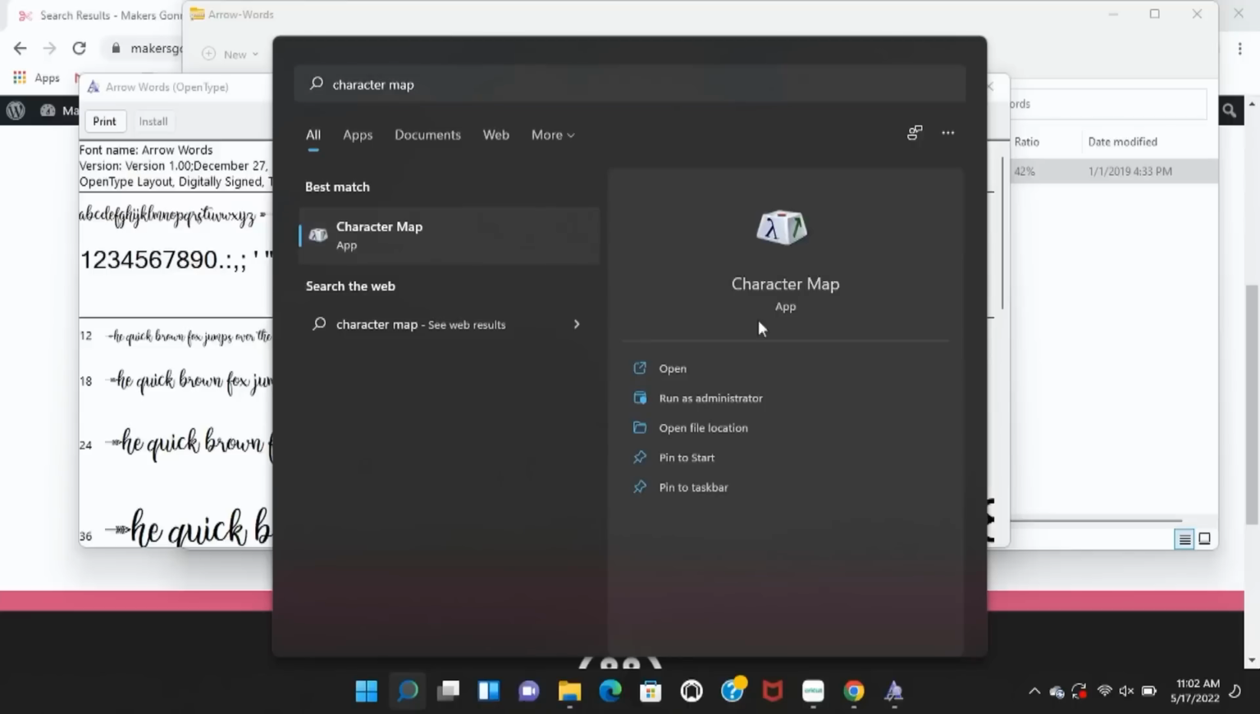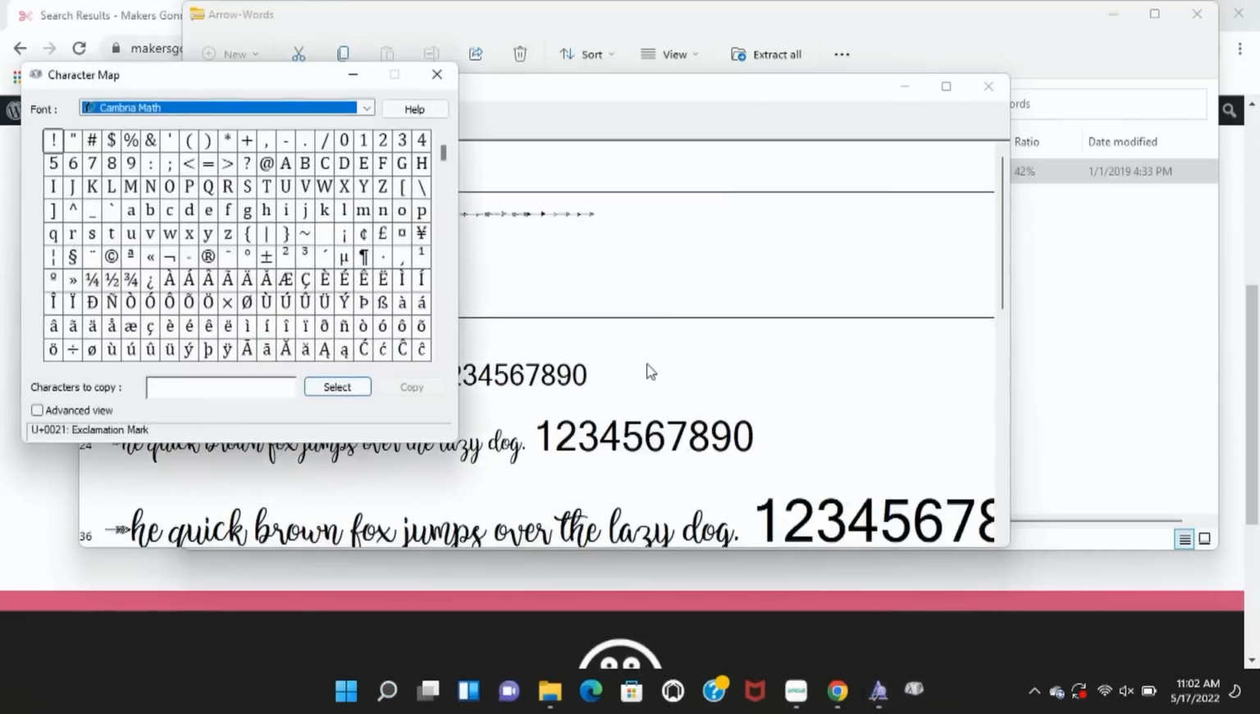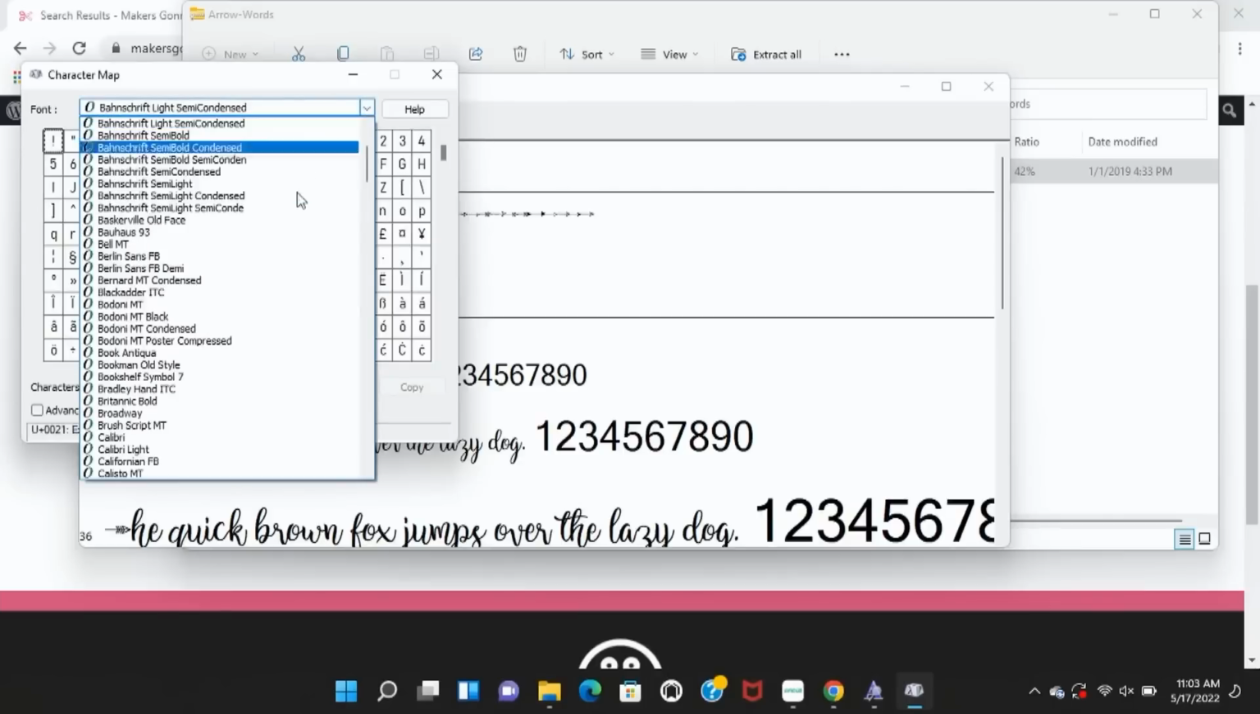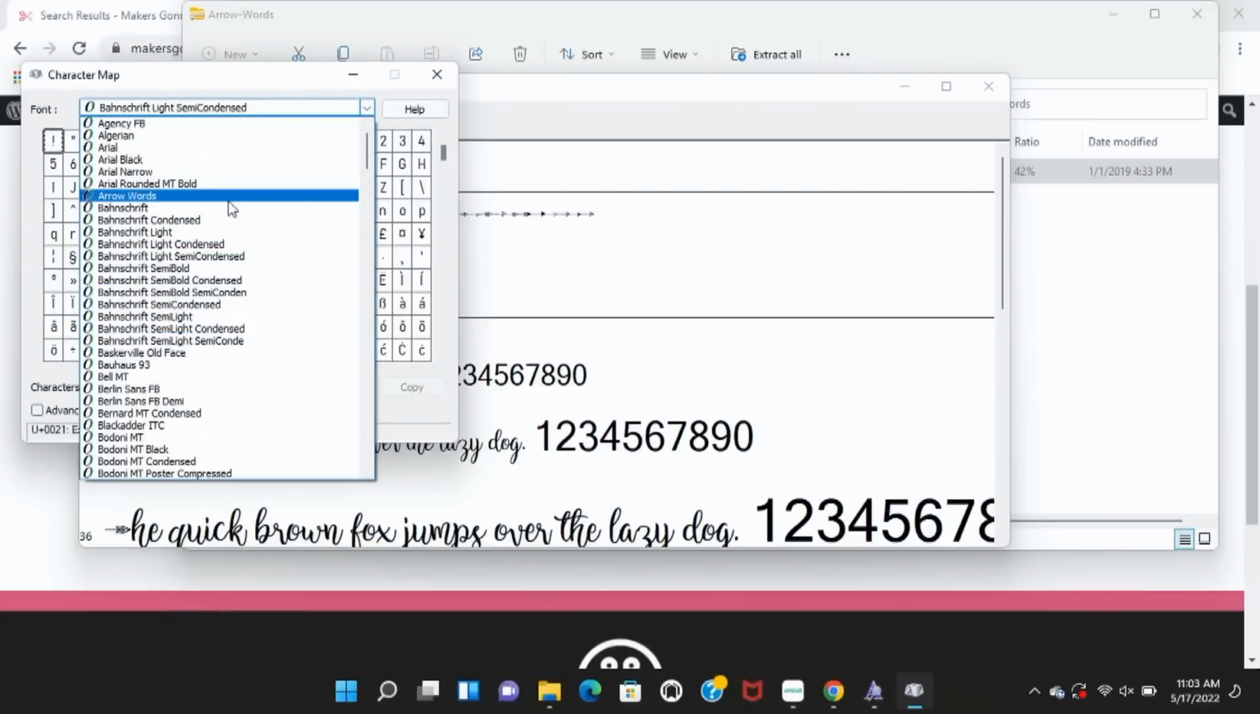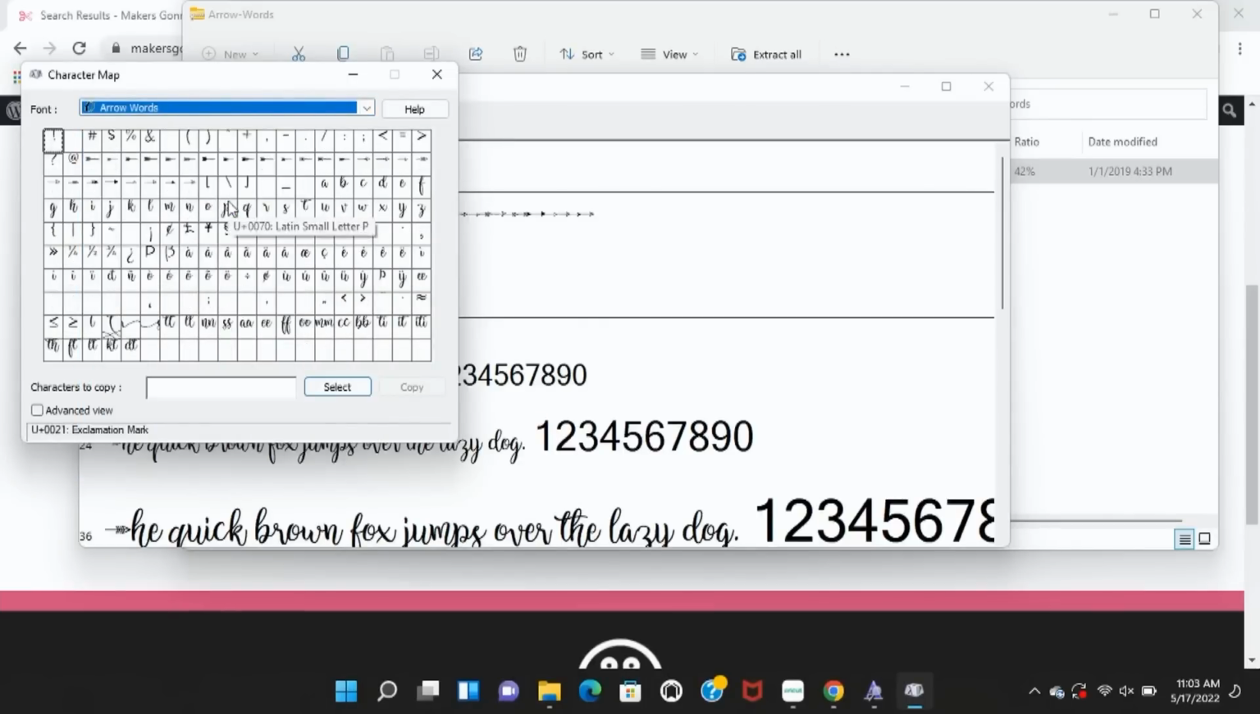Just click on that, click open. Once the character map is open, you're just going to select the drop-down menu and you're going to find your font. There's Arrow Words, and then all of our characters are right here. So what you'll do, if you want to select a specific one, I'm just going to select this arrow